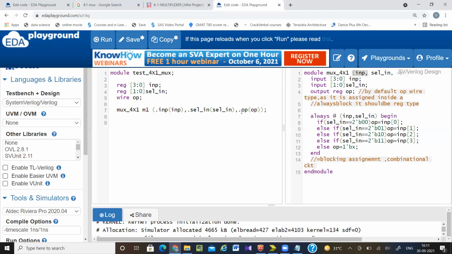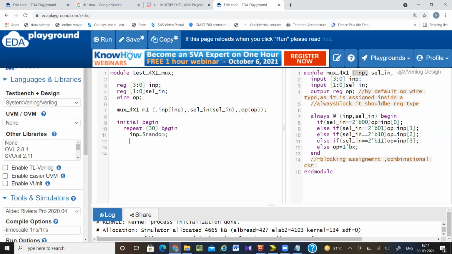Okay. So now I have to generate some random signals to give to my design. So initial begin. I'm writing repeat 30 begin. Input equal to $random.